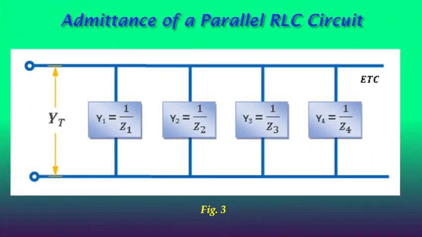In a parallel AC circuit, it is generally more convenient to use admittance to solve complex branch impedance, especially when two or more parallel branch impedances are involved. The total admittance of the circuit can simply be found by the addition of the parallel admittances. The total admittance is equal to Y1 plus Y2 plus Y3 plus Y4 from this figure.